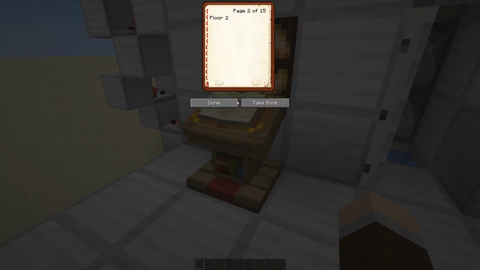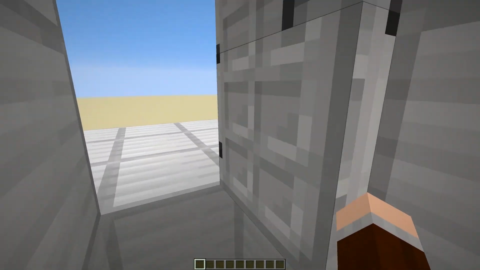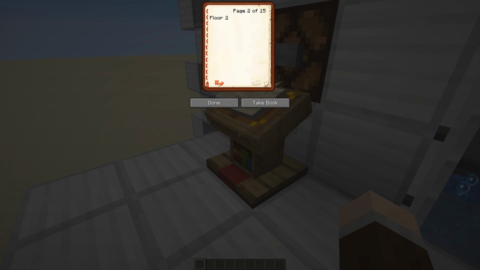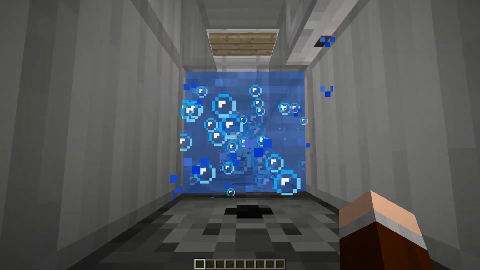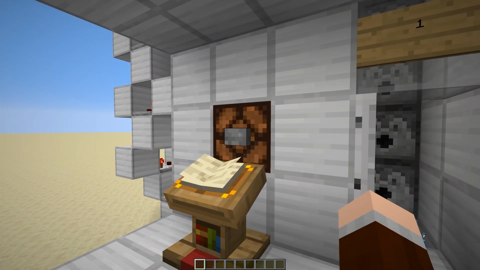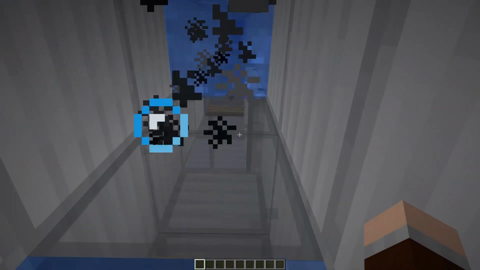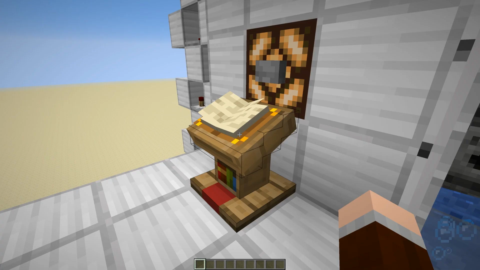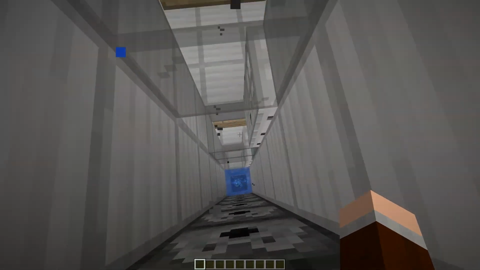But again, let's just quickly demonstrate the speed of the elevator when you only have a few floors. We select floor 3, we go to floor 3, we select floor, for instance, 1. We click the button, we go in, and there we go. We go to floor 1. If you press the button first and then select the floor, it will all go much faster. So if you select floor 5 now, we'll go to floor 5. If we want to go to floor 2, we can do that just by doing this, and there we go,